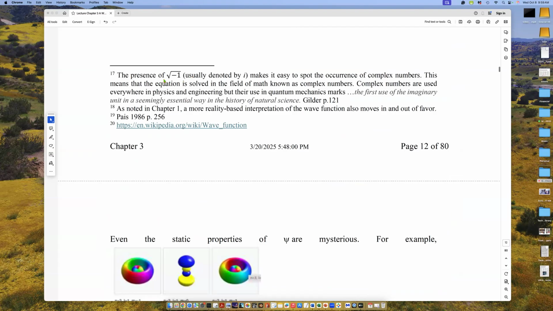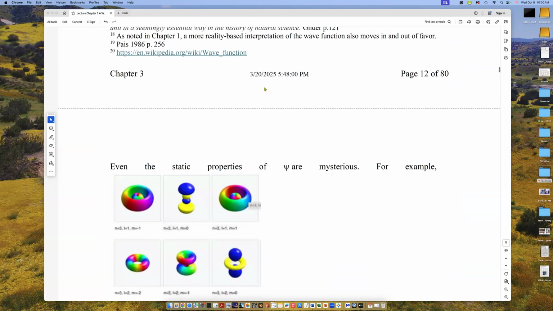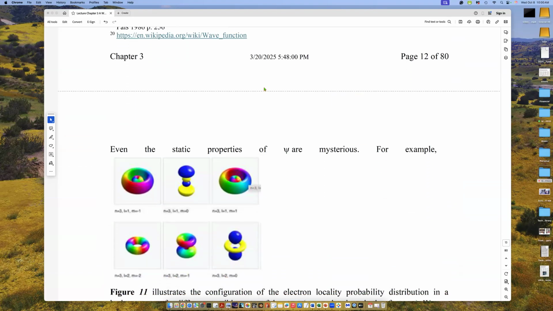And here's a little footnote. If you read this chapter, you see a discussion of the presence of the square root of -1 and why it's a confounding feature of the way quantum mechanics works. And quantum mechanics does work. Let me emphasize that. Even though we can't explain why we have wave functions that have imaginary parts, and we can't explain the measurement problem, nonetheless, the system works. And we wouldn't have a cell phone or internet or any of the electronic benefits we enjoy, dating back from the 1920s.